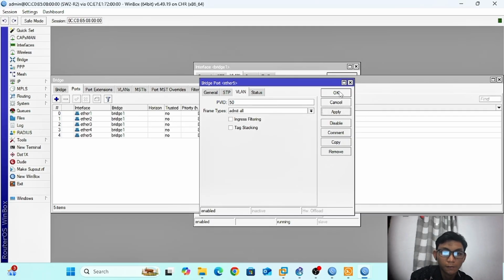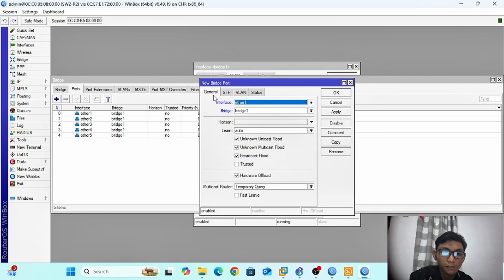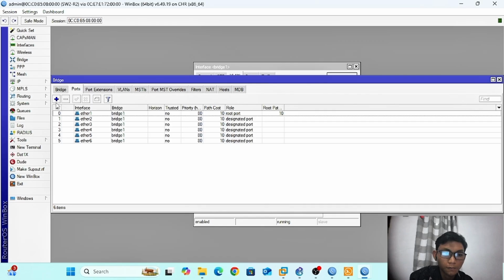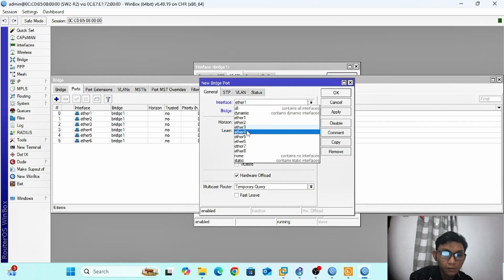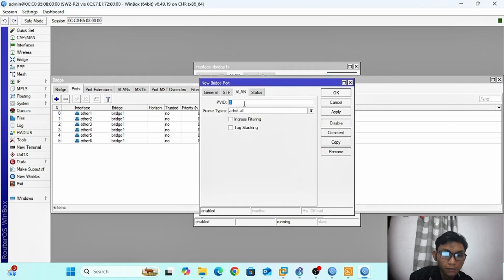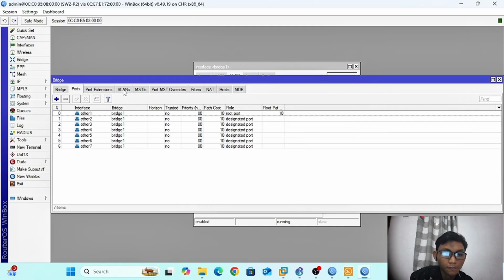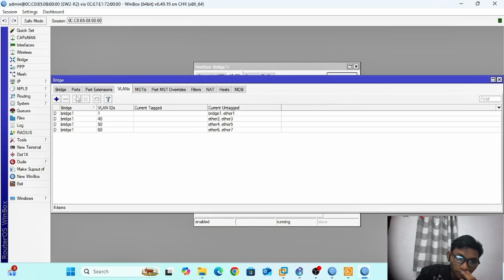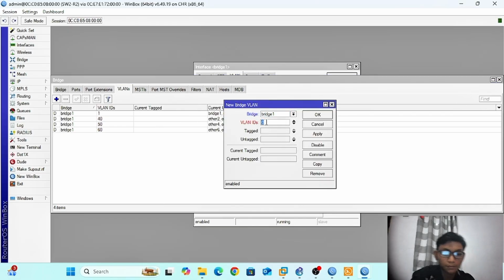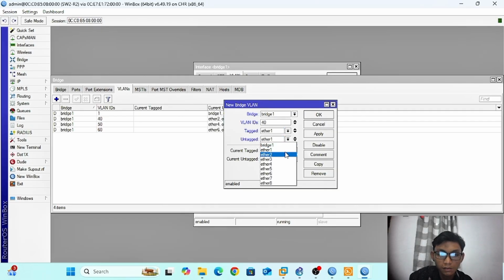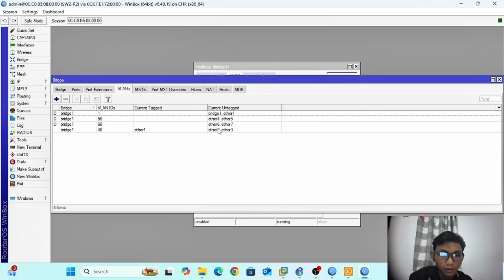Okay. Now 60, Ether 6 and 7. This VLAN is finished, but we do it manually. Ether 2 and 3 access. Okay.